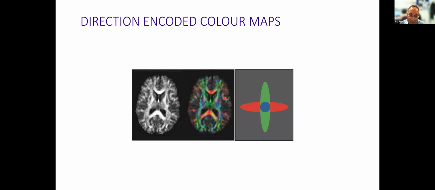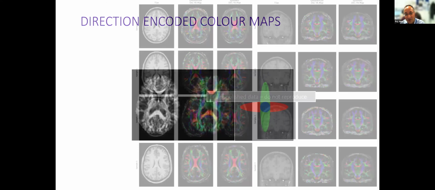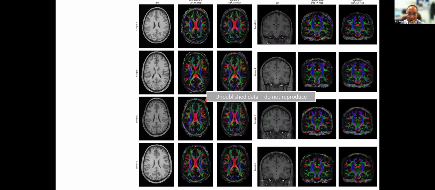So I realized that if we could generate synthetic color encoded maps, we could use a much, much simpler agent-based computing approach in order to work out basically the path between any 2 areas of the brain. So for example, let's say you had a multifocal tumor and it had gone from here to here, you could actually get the algorithm to calculate the likely tracked path that connected those 2 areas of disease, you see. And this is just hot off the press. So this is Doris's latest work, basically.